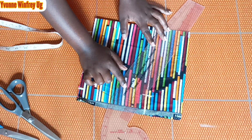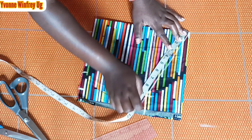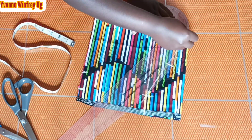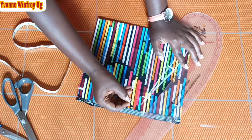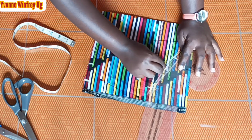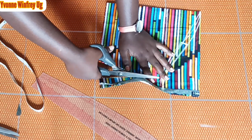So from the apex here, I'm connecting a diagonal line onto the half of the armhole measurement that we are working with, not the allowance but just only the armhole. Then I get its midpoint and I move up by half an inch at that midpoint. Then I carve out the back armhole curve like this. So first up curved, then here you can make it a slightly straight line. Then from the apex to the midpoint, I just carve out the front armhole curve, and then from the midpoint also with a curve to the armhole depth like that, and then I connect the allowances and then I simply cut it out, and that is the sleeve